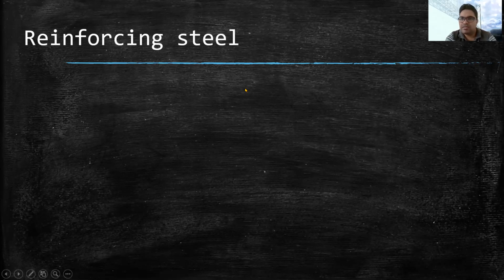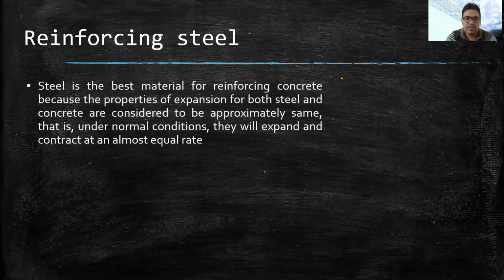So in this part, we will be discussing the reinforcing steel that we use in reinforced concrete. Well, there may be a question: why steel only? Why do we use steel only in the concrete? Why don't we use other materials in the concrete to reinforce or strengthen it? There is a very major reason why we use steel in concrete, and that reason is the